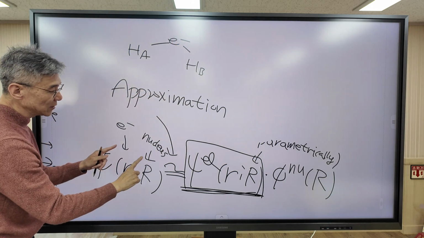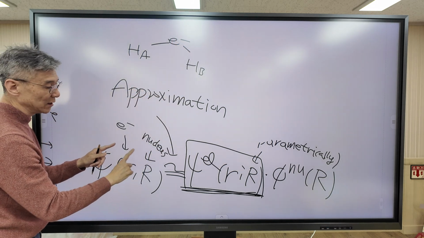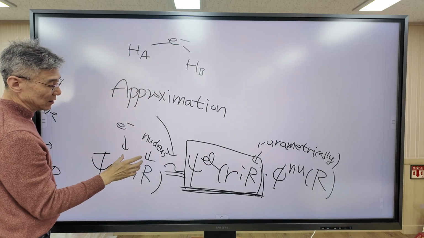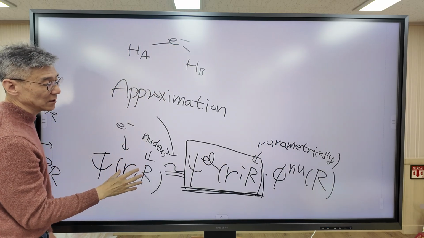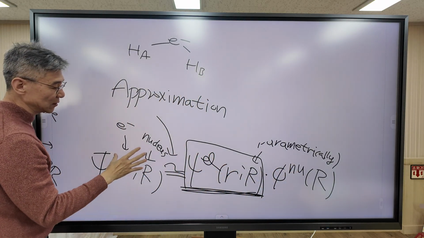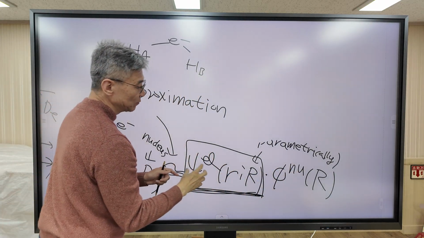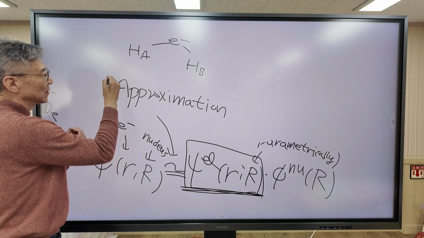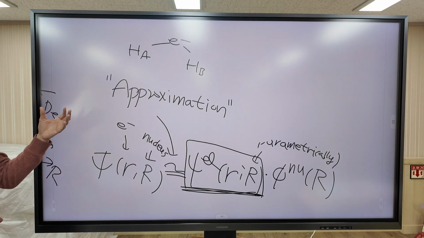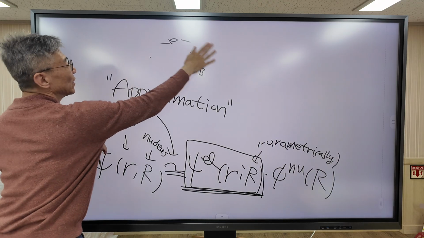These two variables depend on each other through Coulomb interaction. So this function cannot be expressed as a simple product of two functions. Expressing this function as a product of two functions is just an approximation. This approximation was suggested by